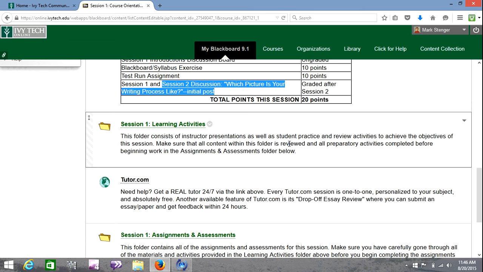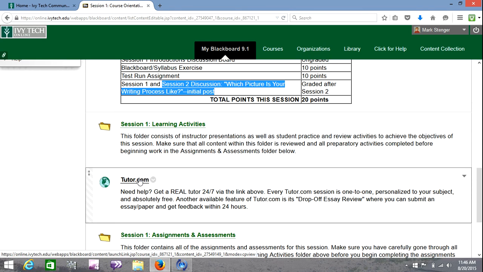Before we move forward, I want to point out one thing, tutor.com. This is a free service where you can send them a draft of your writing project. They'll review it for you, give you feedback, help you proofread it. It's absolutely free. If you're someone that doesn't have a lot of confidence in your writing, use tutor.com. If you're someone who thinks you're already a good writer but you just want to get a little better, use tutor.com. Why not? It's free.